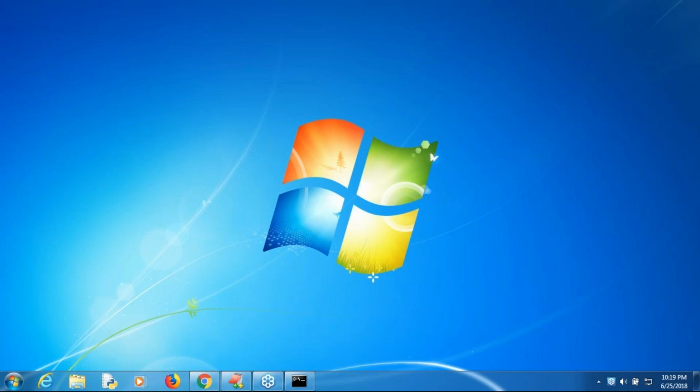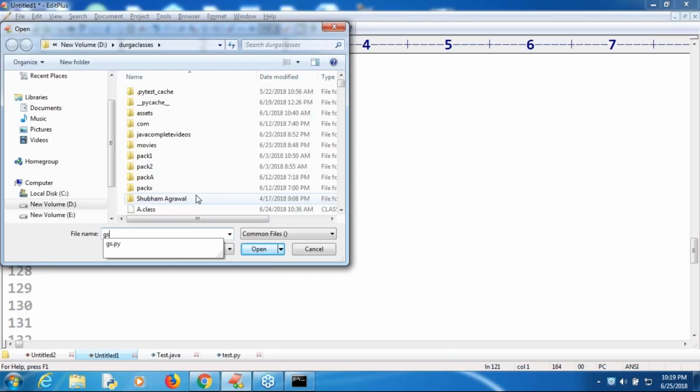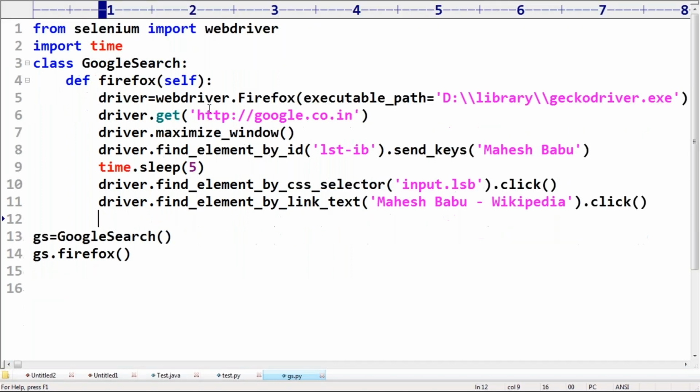Here, just observe, there is one piece of code. Have a look once. What is this code, sir? Is it Python code or not? Yes, it is Python code only. Don't worry, sir. How many lines of code? Just 14 lines of code. It's Python code only.